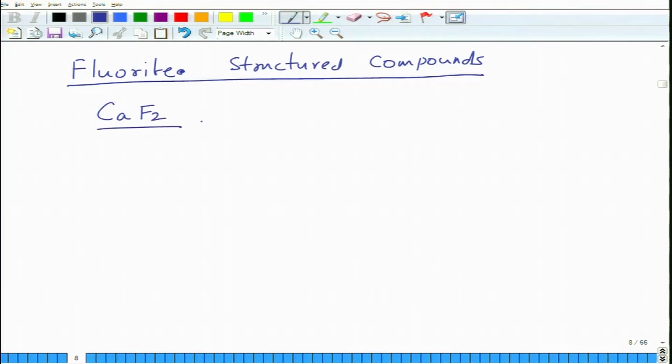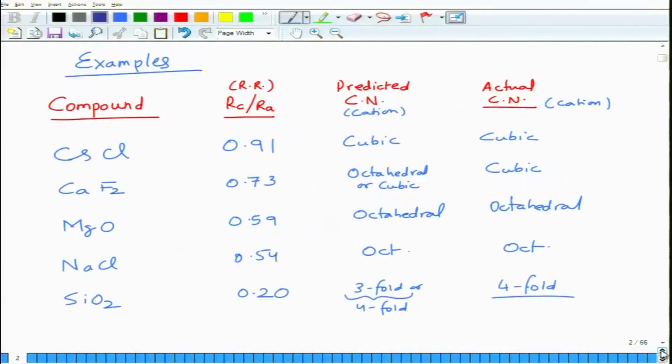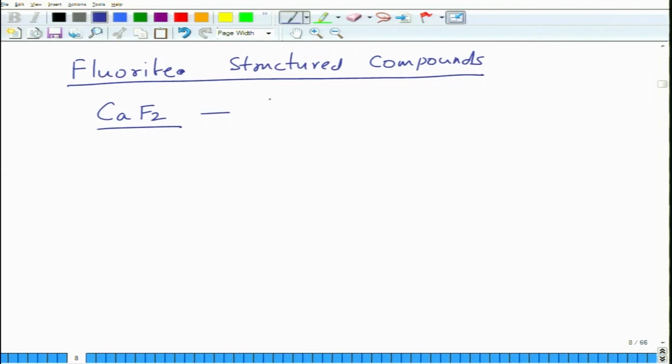Calcium fluoride is the parent compound, and for this the radius ratio, as we have seen, falls in the category of nearly cubic coordination. If you go to a previous slide, CaF2 has a radius ratio of nearly 0.73 or so, and as we said, it tends to follow a cubic